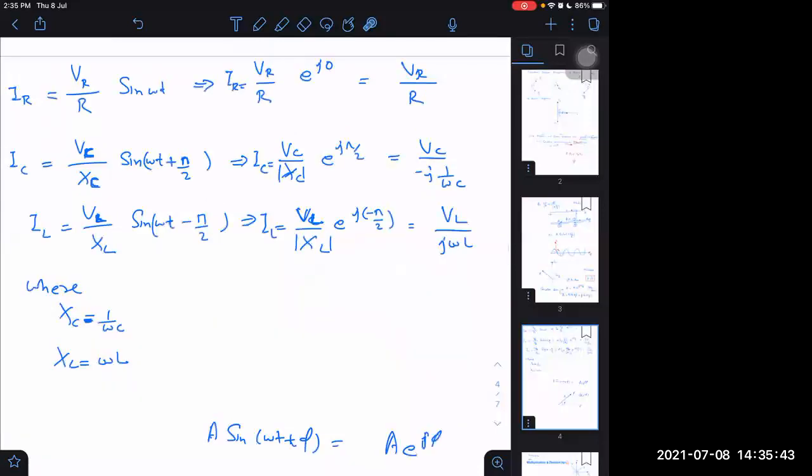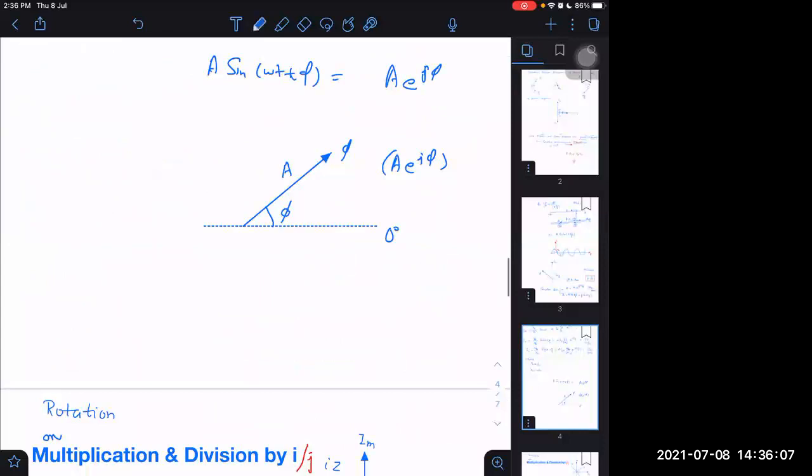Then don't you think I can say resonance is a complex number also, a complex impedance with a real part, at 0 degree here. This is also a complex number, but with a negative imaginary part. This means XL, XC, and XR are all complex numbers. So if I have to take R plus XL plus XC, this is R, this is XL, and this is XC.